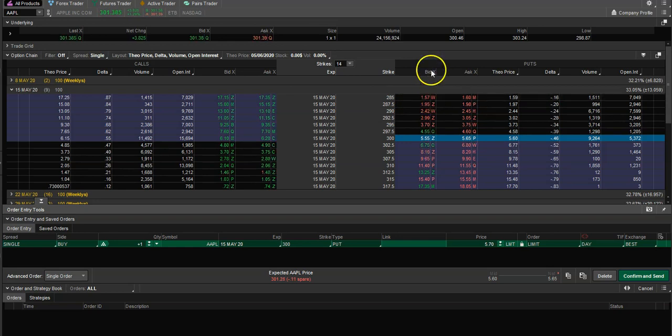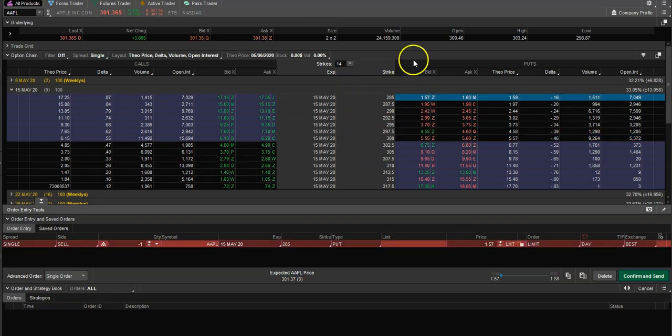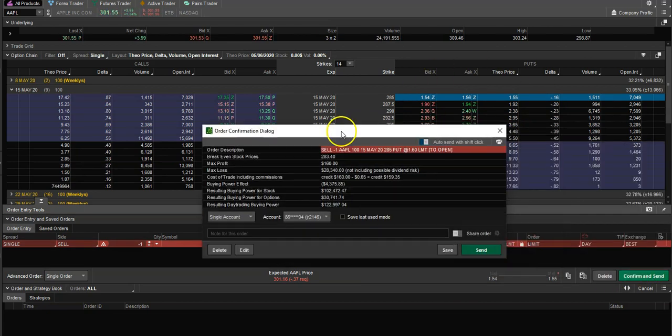So I would come over here and left click on the bid, and let's say it's worth $1.60 to keep numbers rounded. What I'm saying is, if Apple is at 285 or lower, I'm willing to buy 100 shares of Apple. If we go to confirm and send, we can see the break-even stock price would be